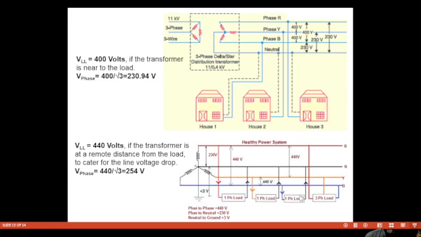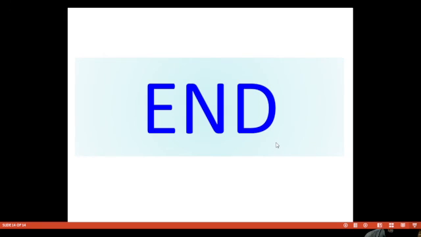So when it reaches the load, definitely we have some voltage drop in the transmission line. So finally we get around 220. So we come to the end of